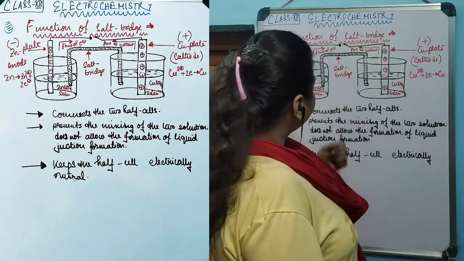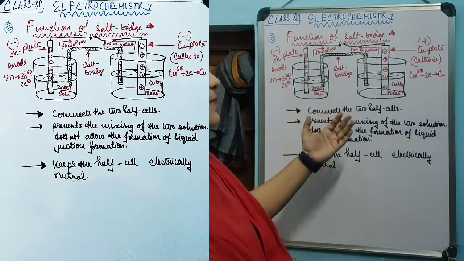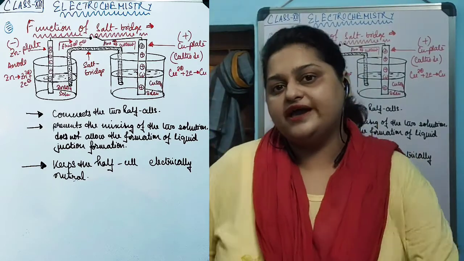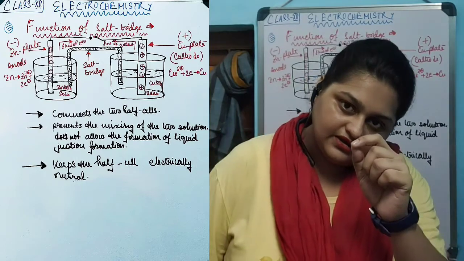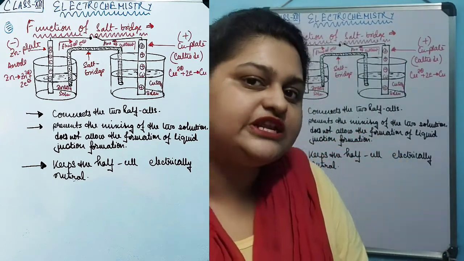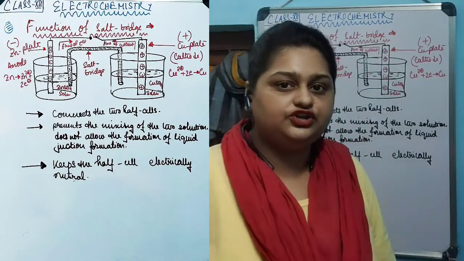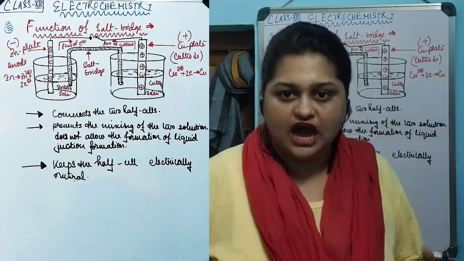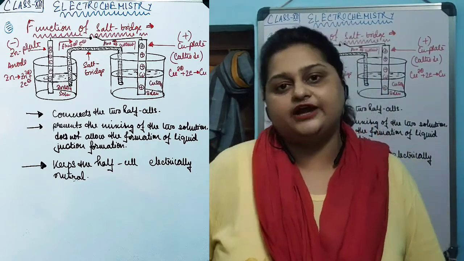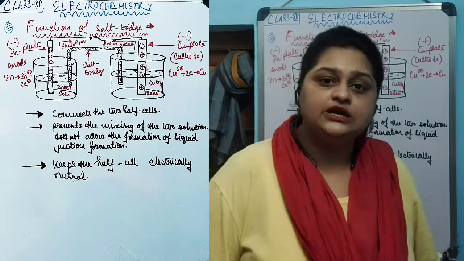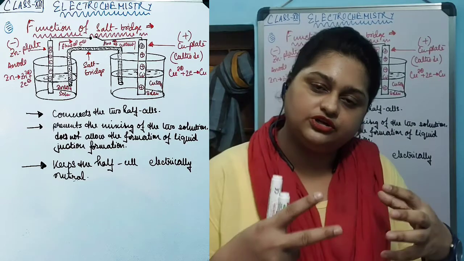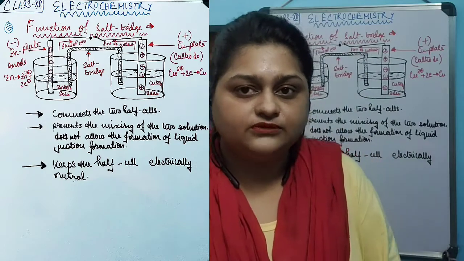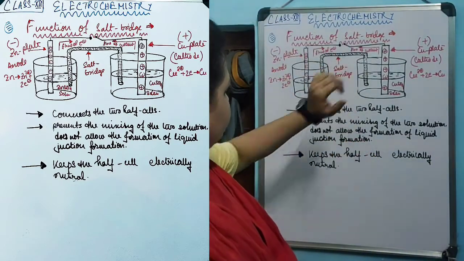Now, this modified galvanic cell is quite useful compared to the simple galvanic cell, because in a simple galvanic cell, when you remove the external wiring, the spontaneous reaction was continuously happening in the beaker. As a result, you cannot have a continuous source of electricity whenever you want, because after some time, due to the continuous reaction, the capacity of the cell to create energy will be finished. That is not the case for the modified galvanic cell.